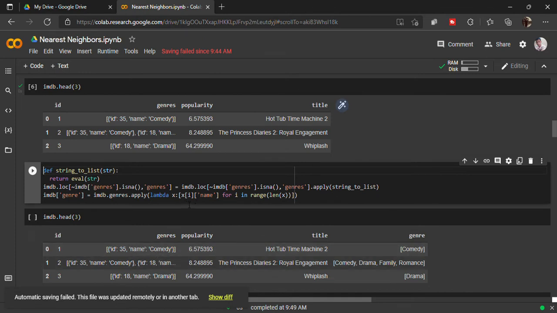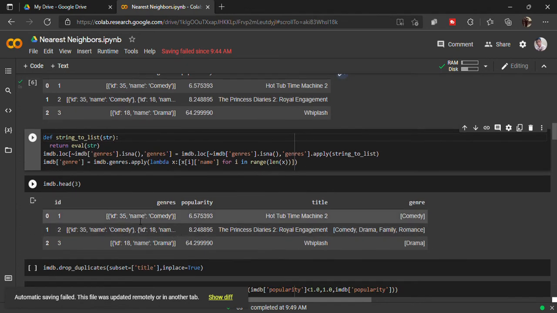So x sub i is going to be this dictionary, and of this dictionary we are going to access this key called name. So you need to make sure you have the same key over all the rows. Like you can see here, everywhere it is the same name, right? So I can apply just the function and extract the things.